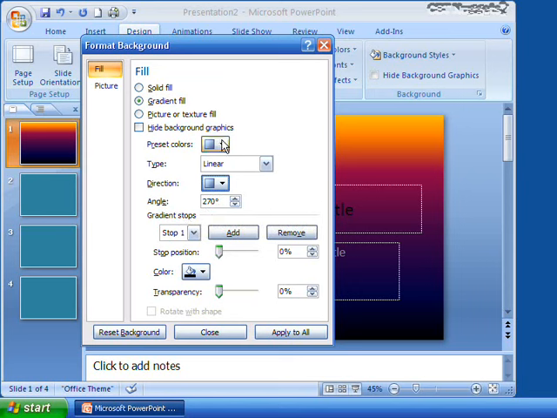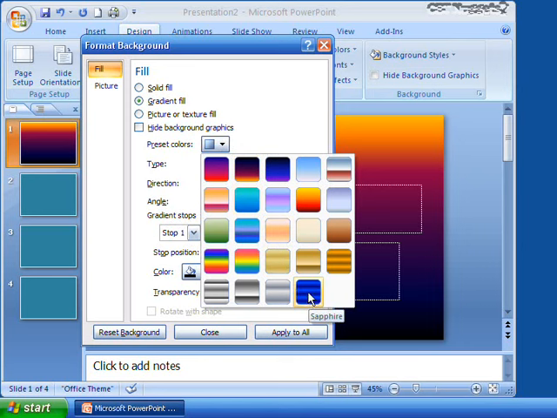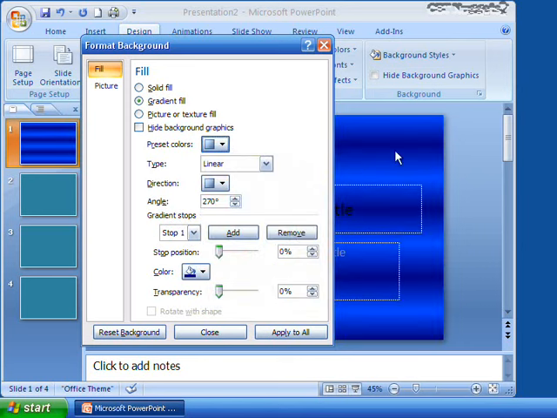Remember how on one of them, I think it was the sapphire, you've got sapphire here. Well, guess what? You have gradient stops, and you can add. You have stop 1, 2, 3, 4, 5, 6, 7, 8. So you have those 8 of them right there. Now you can, of course, add another one and add more, and you can change all the different stop positions,